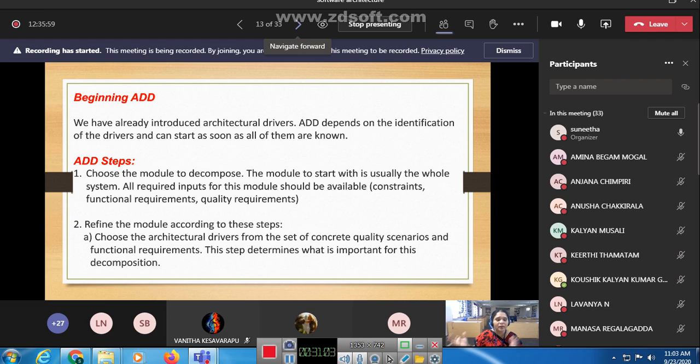So then we can share the work. Now we can divide the work and share the work according to the team members, whatever it may be. So first we can see the whole system. All required inputs for this module should be available. So all requirements are available according to this module. The requirements available are nothing but the constraints, the functional requirements and the